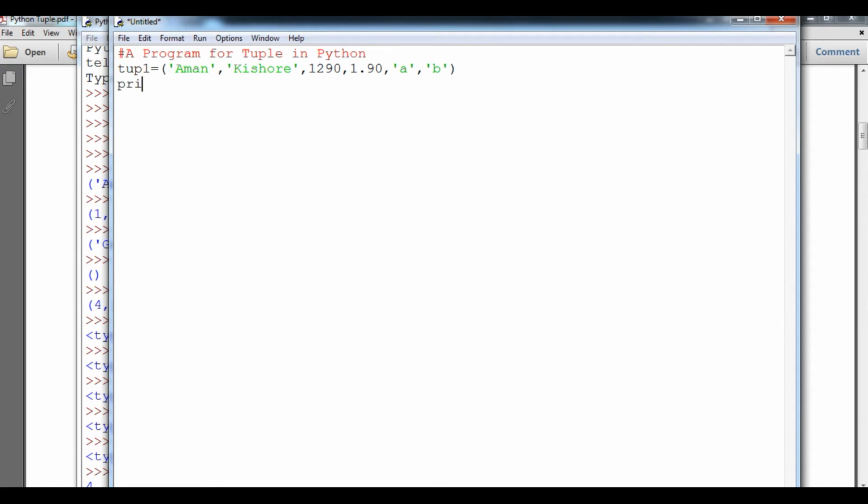Okay, so I'm going to print a message to the user: a program for tuple in Python. After that I will print a message saying what my tuple is. So here I can say Tuple 1 equals, and then tup1.